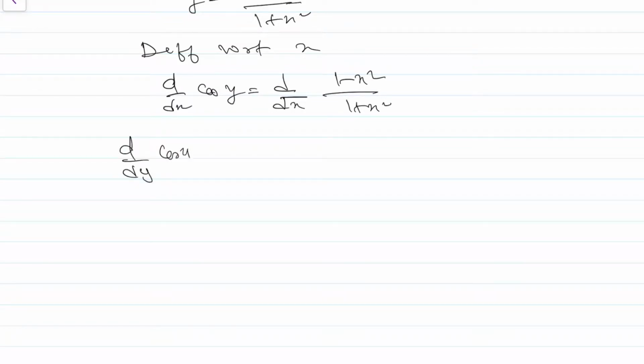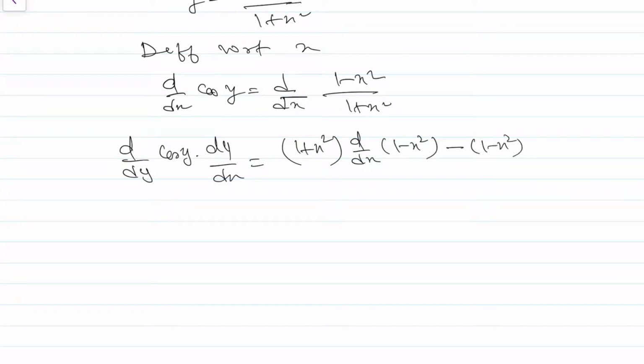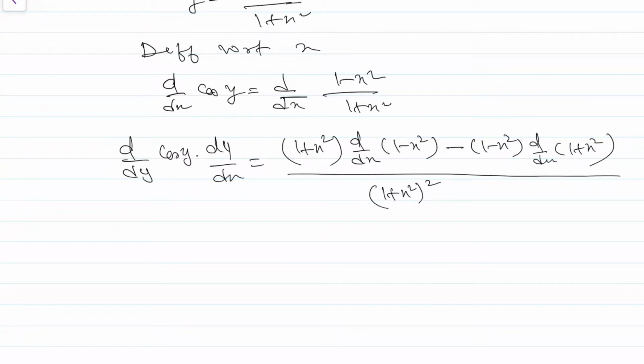so here we'll apply the chain rule, d over dy of cos y into dy over dx equal to, here we'll apply the quotient rule, 1 plus x square into the derivative of 1 minus x square, minus 1 minus x square into the derivative of the denominator 1 plus x square, divided by the square of the denominator, 1 plus x square whole square. So this side will become minus sine y into dy by dx